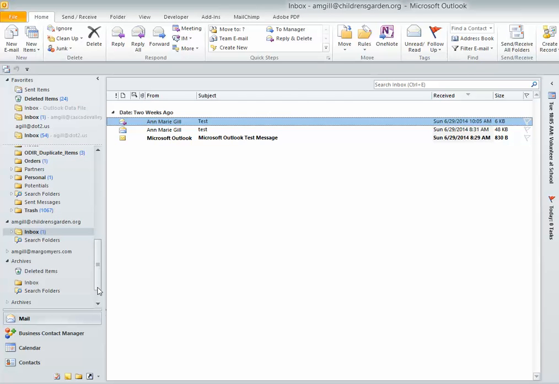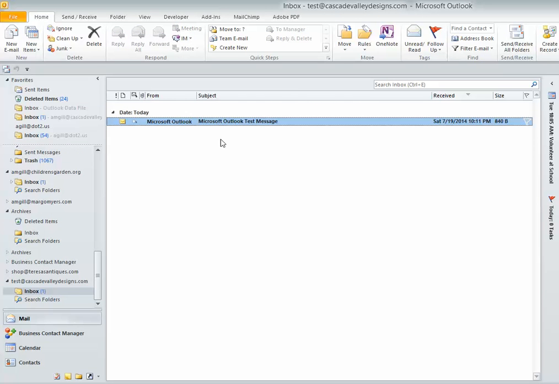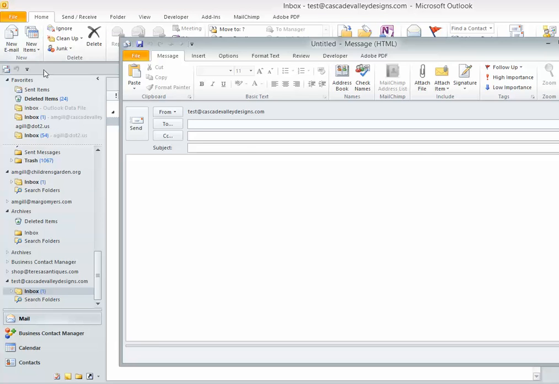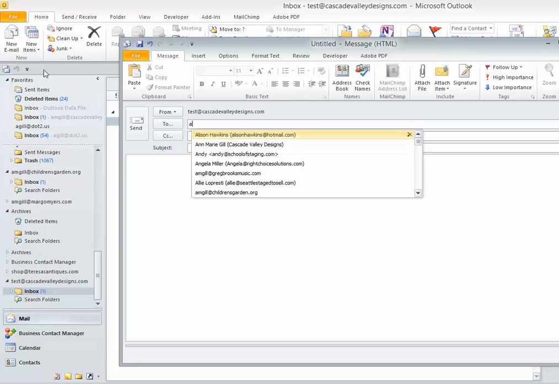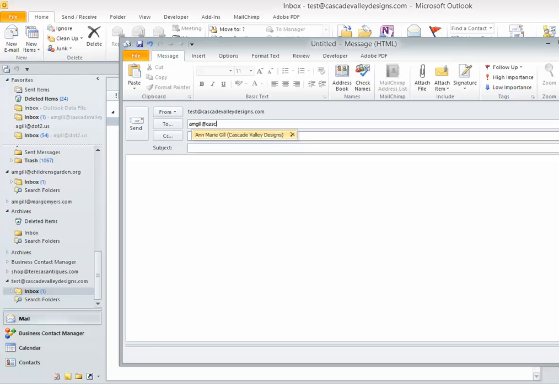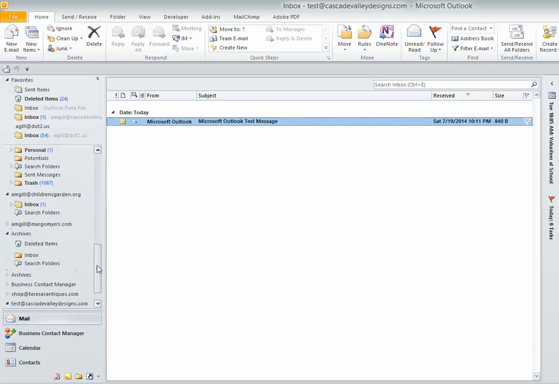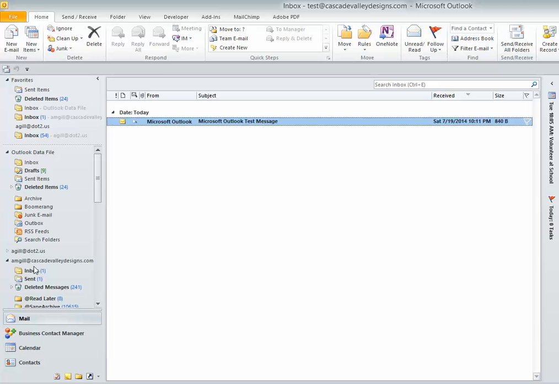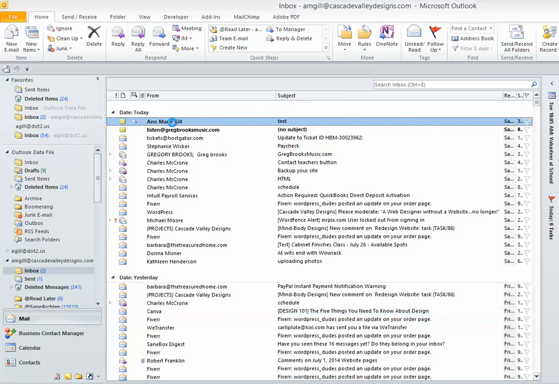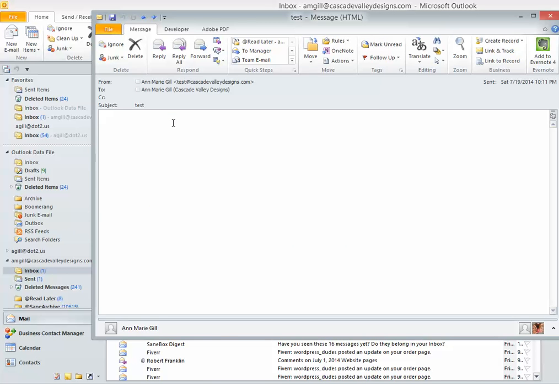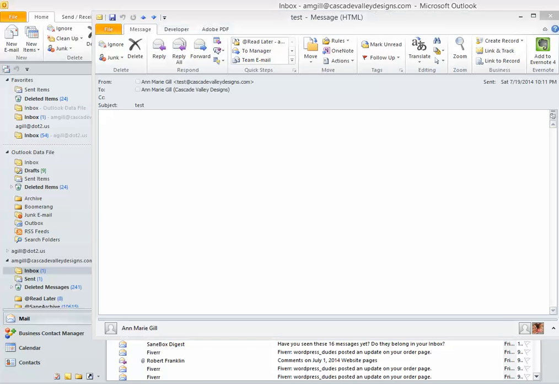But just to make sure, let's see it, and there it came in. And we're going to do a new email to see if it worked. And you could have several different emails in your Outlook, which is kind of nice. And there we go. There's my test right there. So that's how you set it up. It's pretty simple if you go through the steps carefully and get all the little details